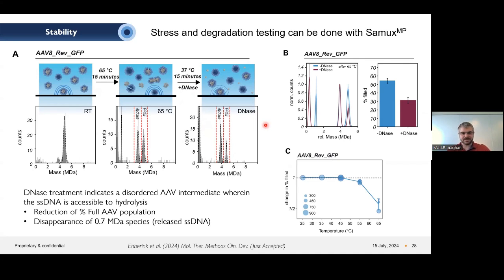These data are represented again in figure B in the top right-hand side of the slide, whereby you can see comparison of the heated samples with and without DNase and a proportional loss of the peak for the full capsid and that transgene size at about 0.7 megadaltons. They quantified the percent full in the bar chart on the right-hand side of figure B as 50% without DNase and about 30% with DNase, and concluded that